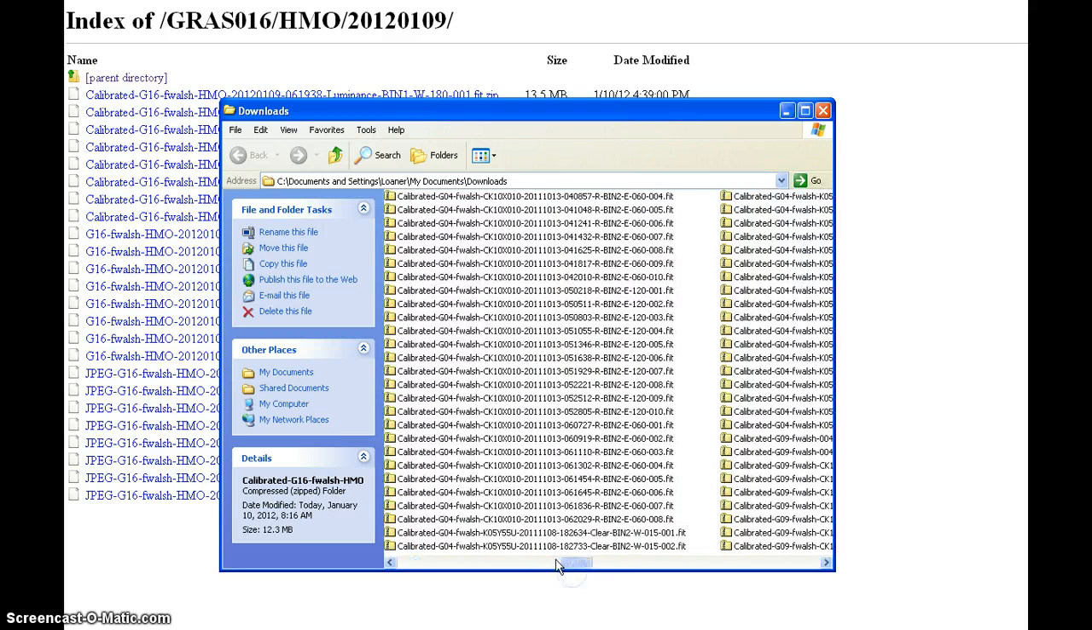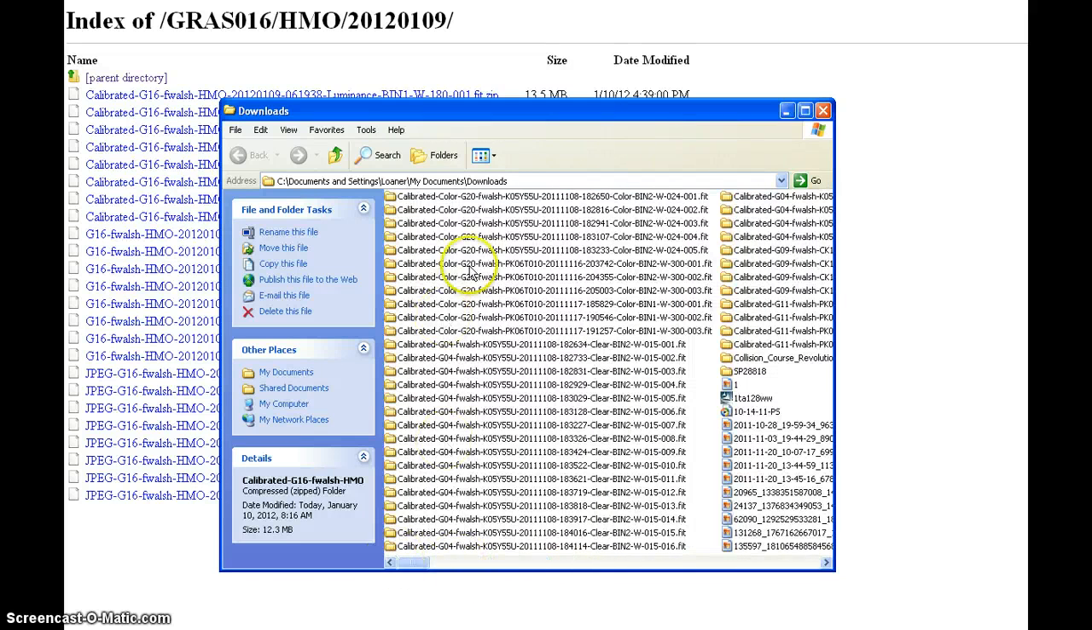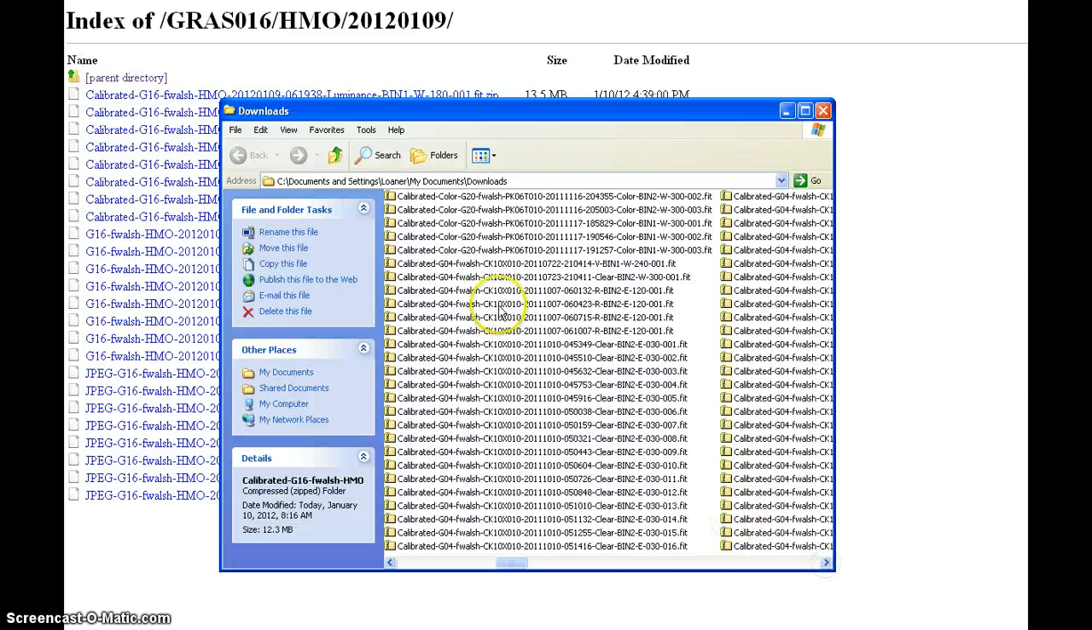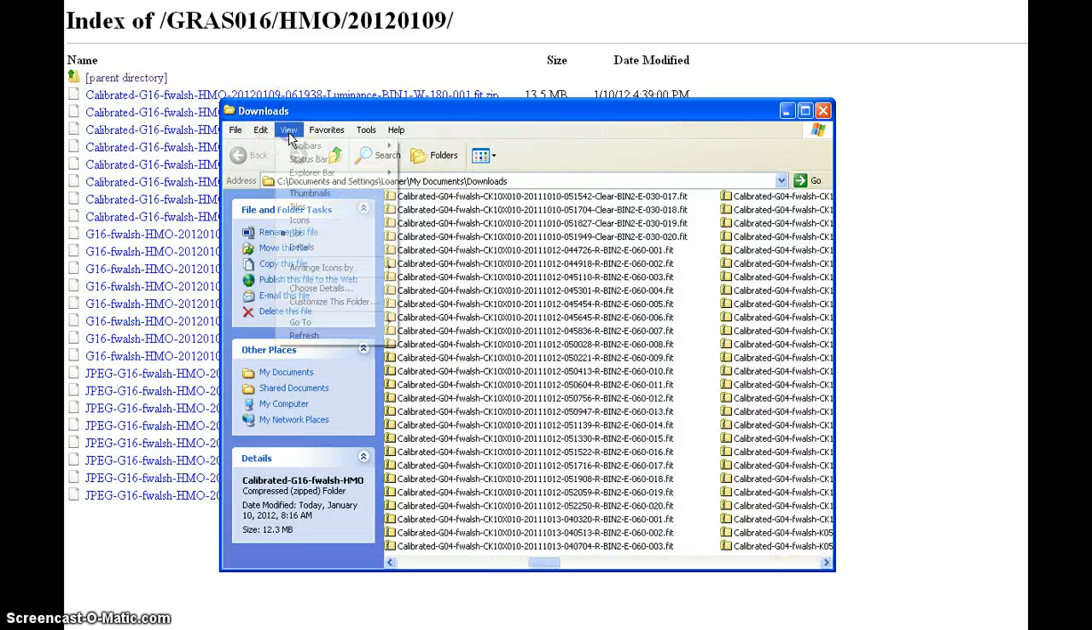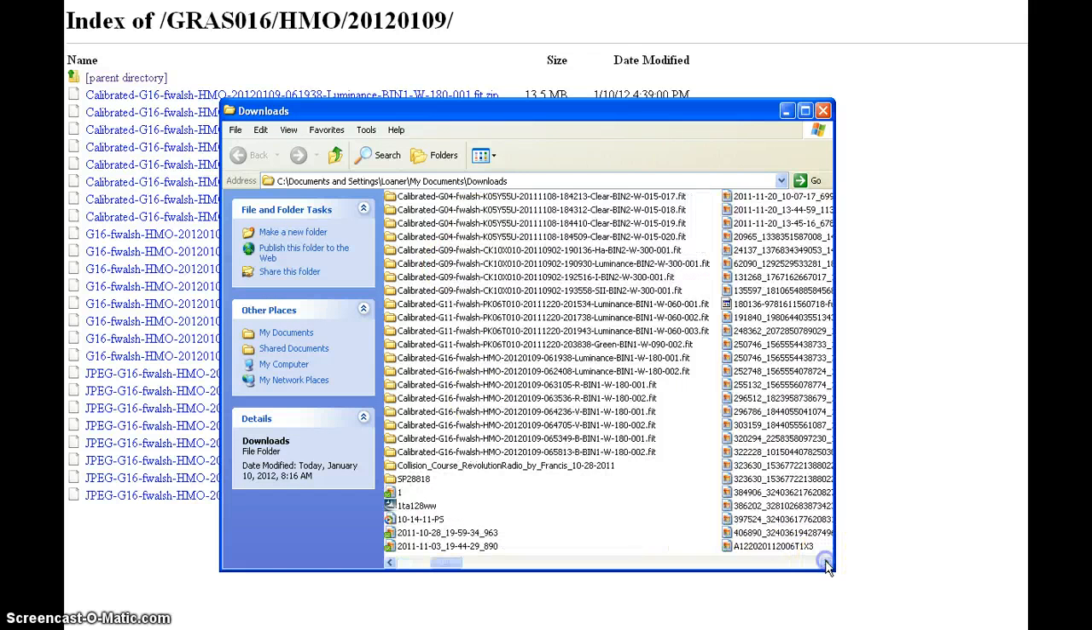So we need to go back now and find G16. Are they the first ones? G20, G4. Let's see, where's our G16? See these? Let me view, refresh. See if they show up here. They should show. There they are. They're all over here now. I need to